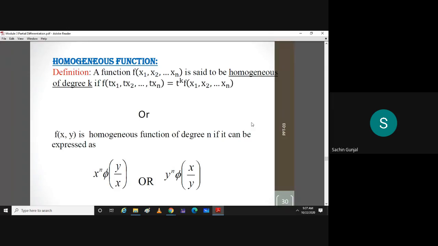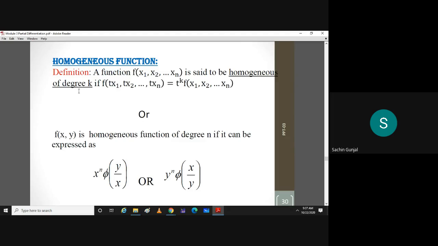If you look at the definition, a function f of x1, x2, ..., xn is said to be homogeneous if you replace the variables x1, x2, ..., xn by tx1, tx2, ..., txn, and you are able to take power of t common throughout the function. Then that function is called homogeneous, and that power k is called the degree